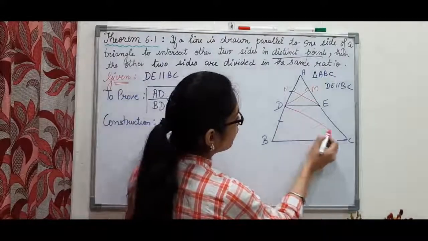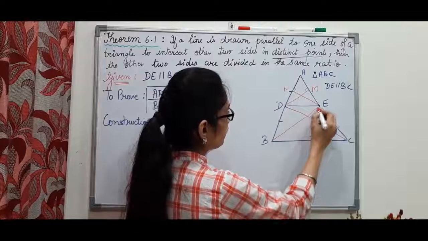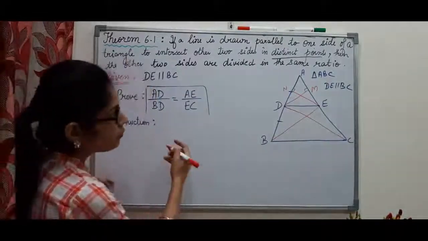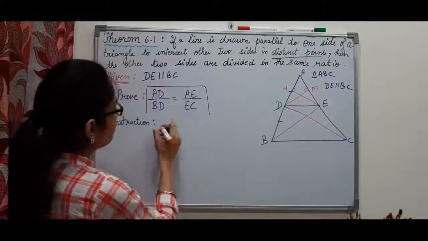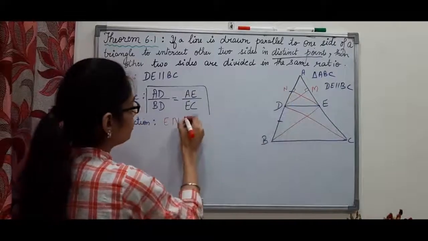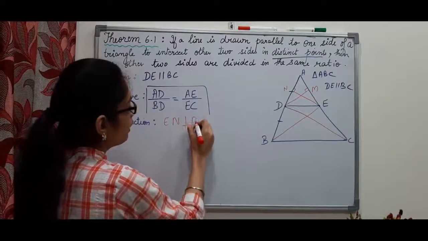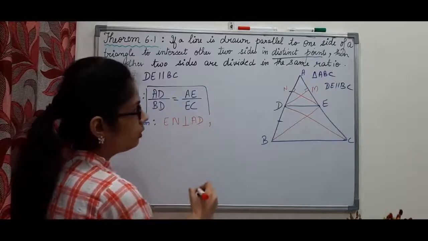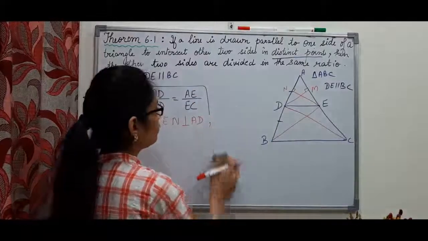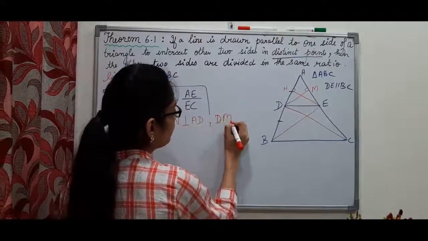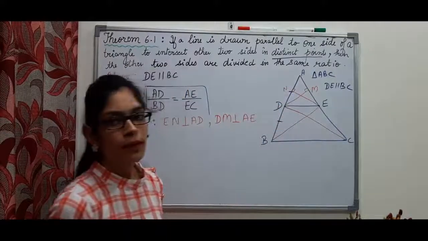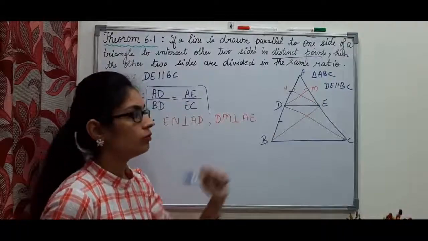Also we are joining DC and we are joining BE. So these constructions we have done. You can write, this is also something you have to write, we are drawing EN, because we have written N point there, perpendicular to AD, and we have drawn DM perpendicular to AE, or simply you can write we are drawing altitudes of this triangle,